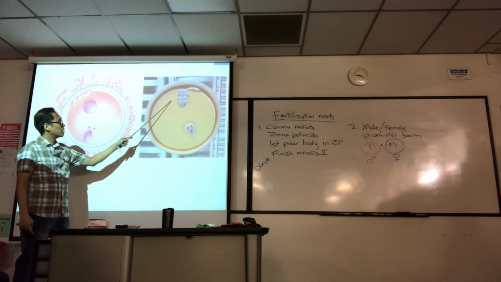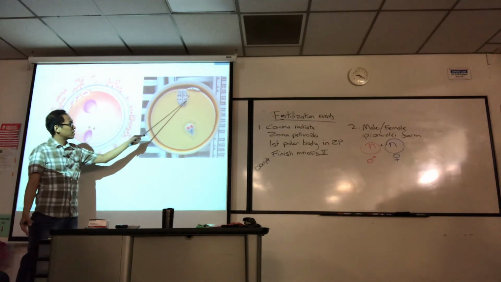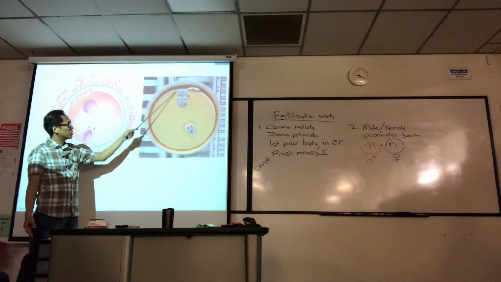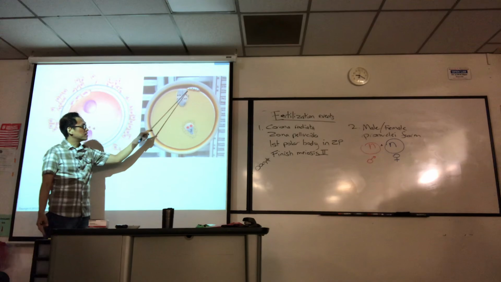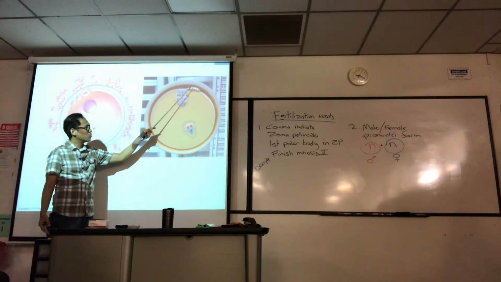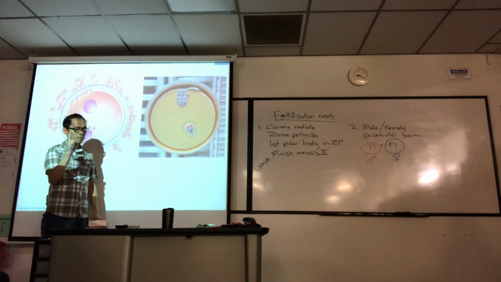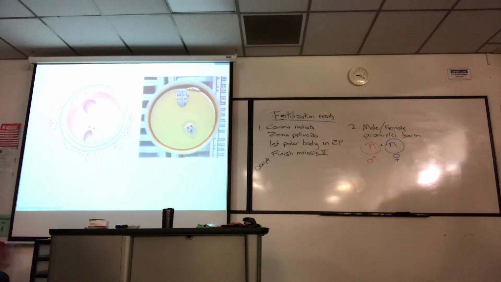Here's the female. Okay, it hasn't quite formed yet. And it's in anaphase 2. So half of the dots are going to go with this. The other half are ejected as the second polar body, but not yet. That's the first polar body. Do you see how there's 4 dots? I believe the 4 dots represent the 2 polar bodies from the first polar body. So go with that. That's what we'll go with.